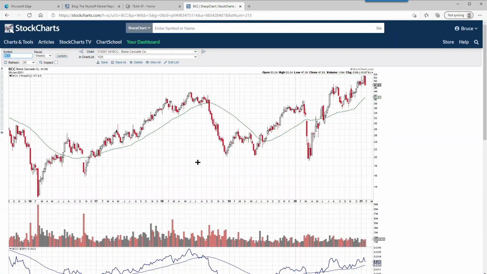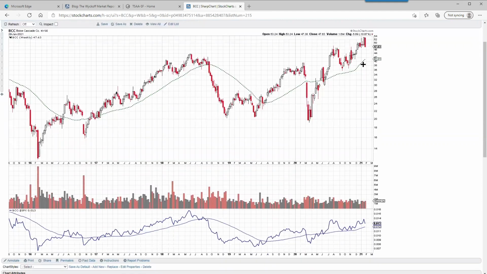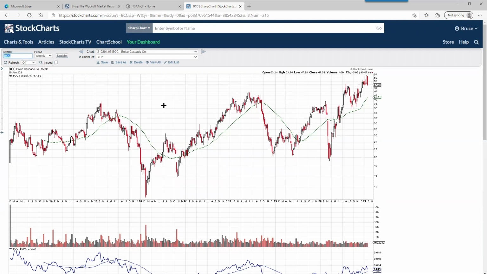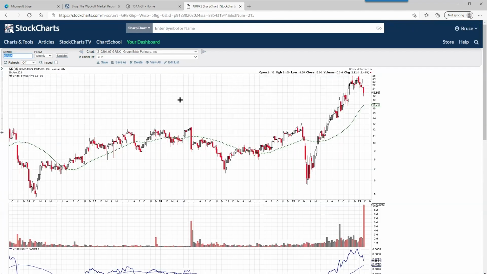Here is Boise Cascade, an interesting stock that has sprung these two key prior lows. It's jumped up to resistance. It's paused in a shallow flat reaction. Now it's back up. We want to see if it can stay above this resistance area. Relative strength is positive in a good uptrend. This looks very constructive. And we can see here a longer term view back to 2013, two important resistance areas taken out, a real change of character in the way that Boise Cascade is trading. So let's see how it acts up here. This looks pretty interesting as accumulation.